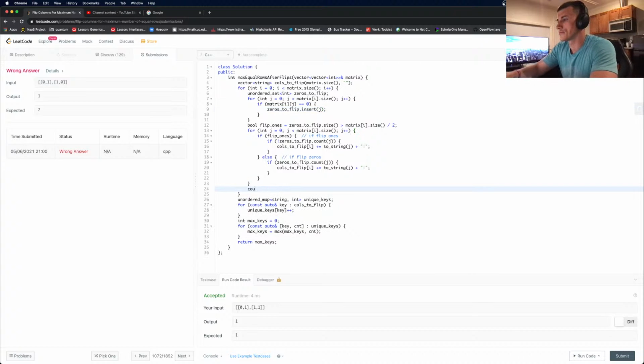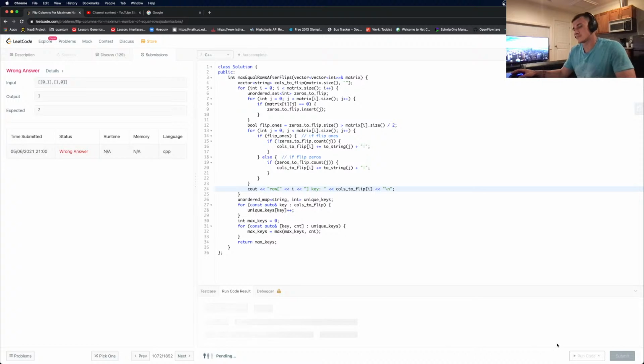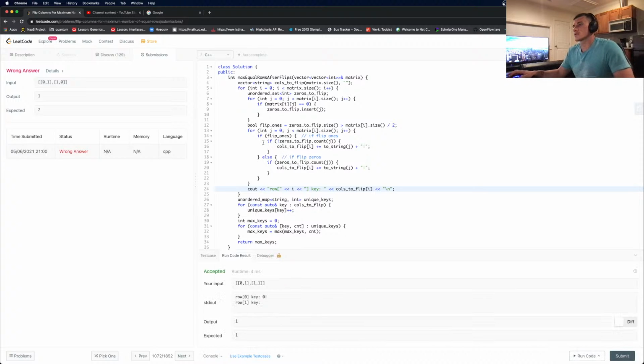Let's just see out row... key is this, right? Row flips. And check what we've got. It sounds like it's somewhere here. It's a little bit weird. Okay, so